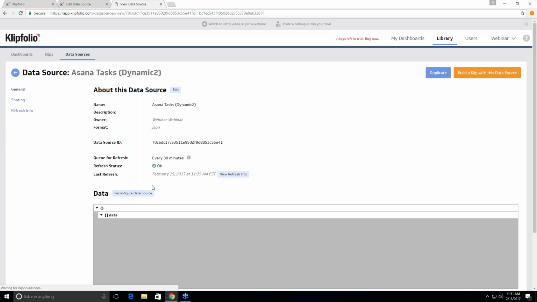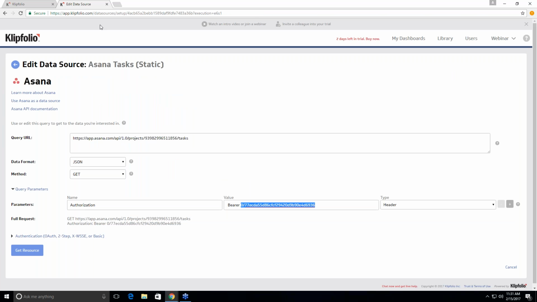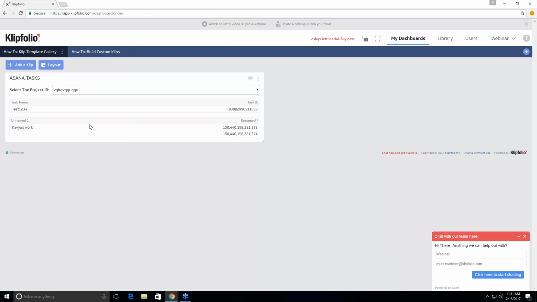If you click on data, it's going to show you the data. So this is one project ID that didn't have tasks, but if you looked at other ones, they would have had them. So that is a cool way to segue into the next portion, which is on debugging